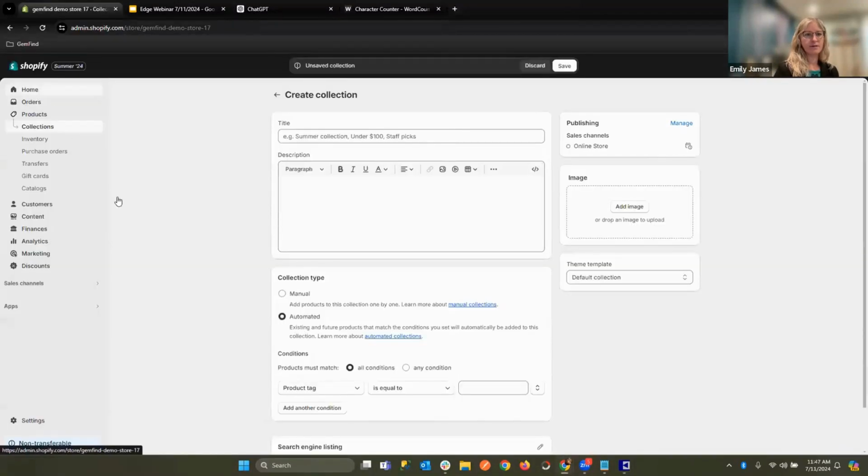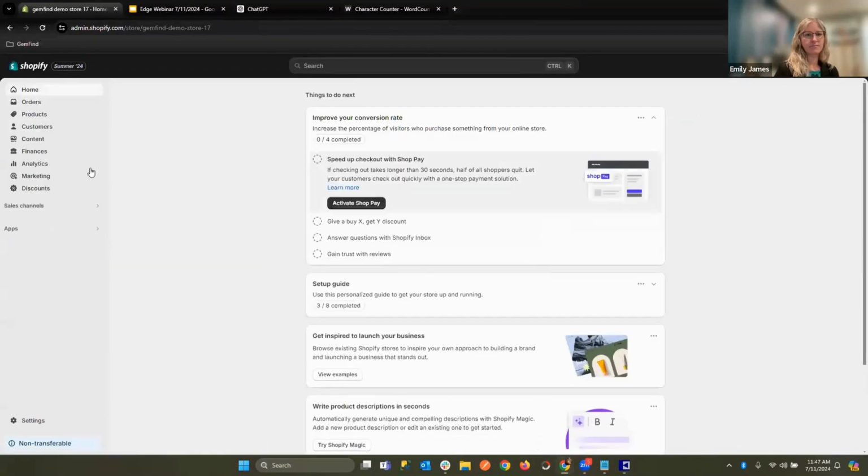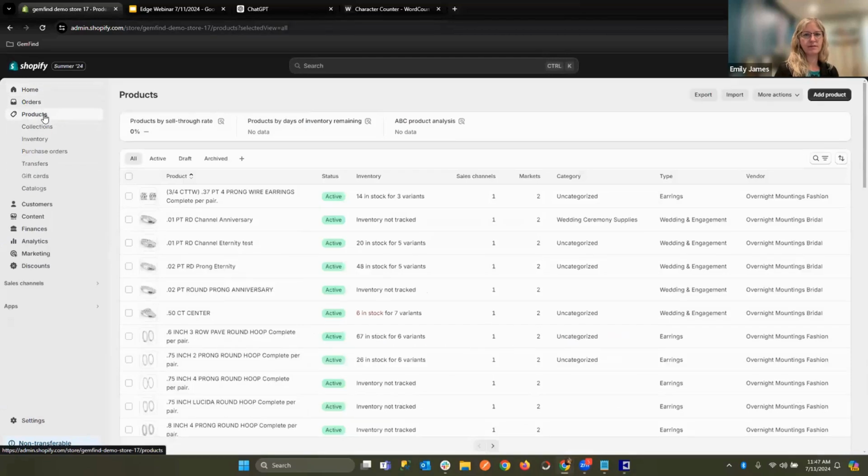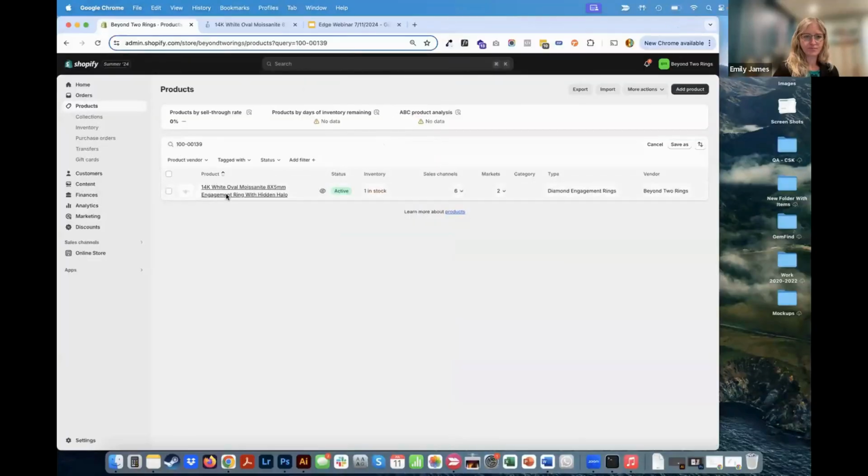All right, so let's go over into products. Do you have to sync to Edge? I don't know if it's synced to that edge, but it's synced to something. All right, I'm going to take over and share my screen. I have one here that's linked up already. All right, so once an item comes over into Edge, or into Shopify, excuse me,